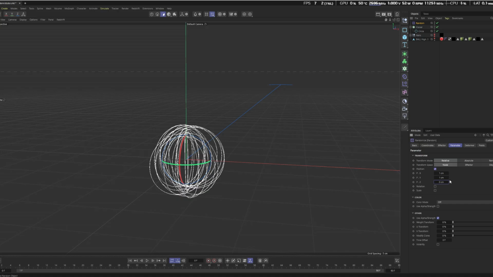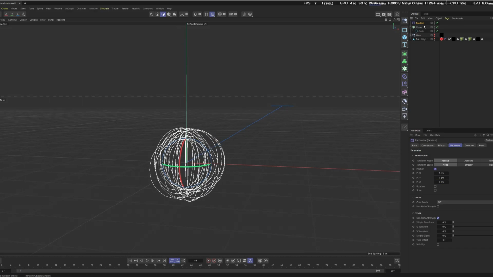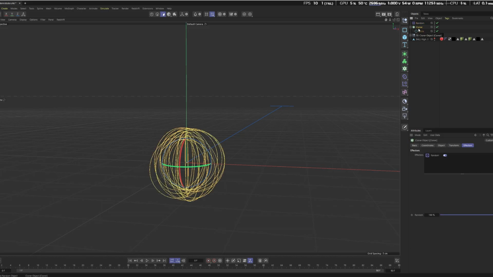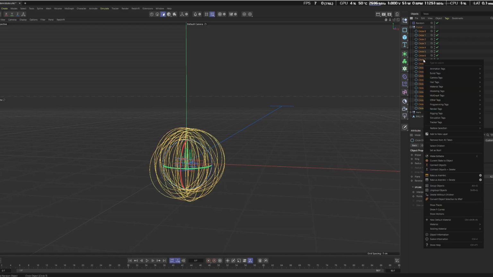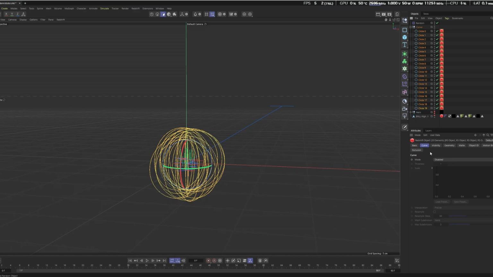And now, since we have it like this, we are going to make our cloner an editable object by pressing C on the keyboard, and we have our 20 circles. Let's select all of them together. It's very important. Right now we're going to add an RS object, and in the curve mode, while every circle is selected together, we're going to go to mode and select either cylinders or capsules, it doesn't really matter. Let's select cylinders,